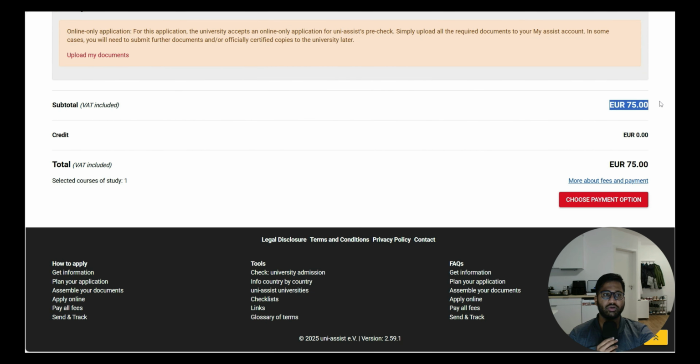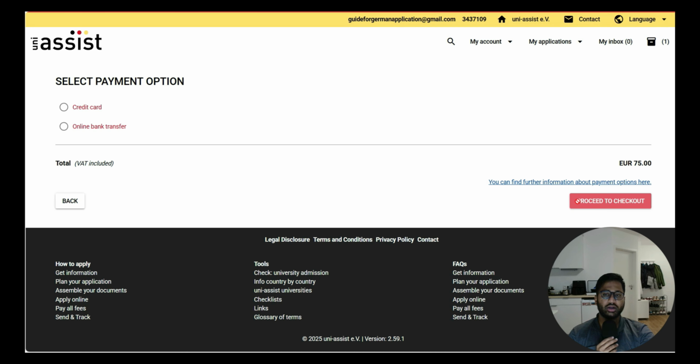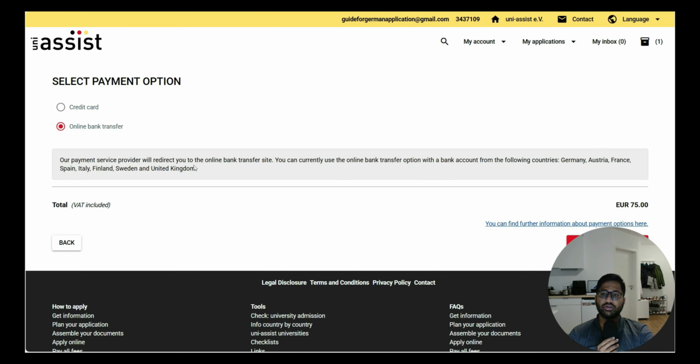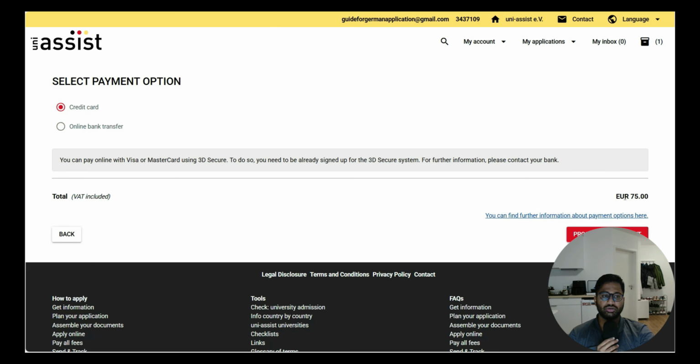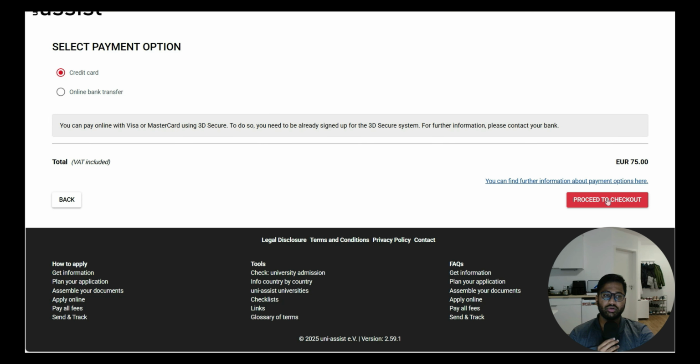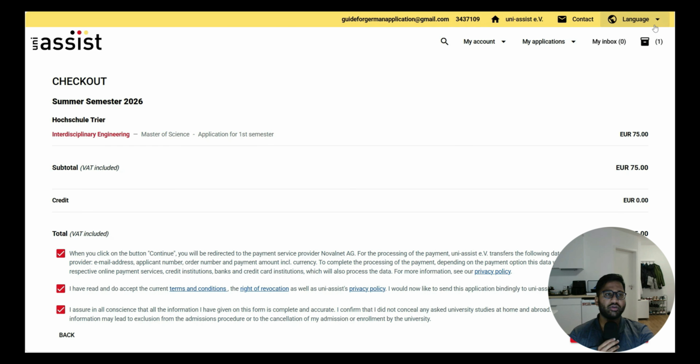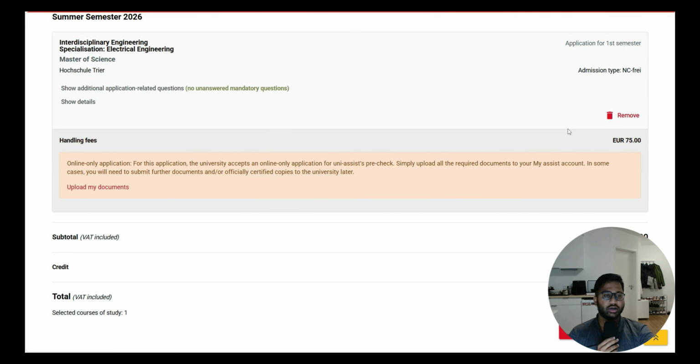The first application will always be 75 euros. From the next application it will be 30 euros in a particular semester. Then usually you have to pay with credit card, because online transfer can only be done with German or European countries, not with other countries. So usually you have to use an international credit card, and you can click on proceed to checkout, and you can fill in the total, VAT, everything you have done. Then you can click on payment to process, where you can fill in your credit card details and submit the